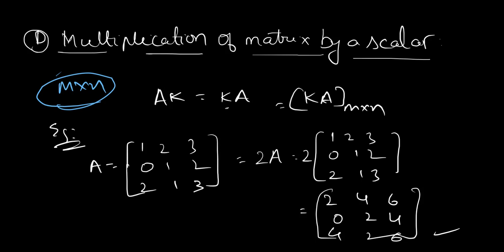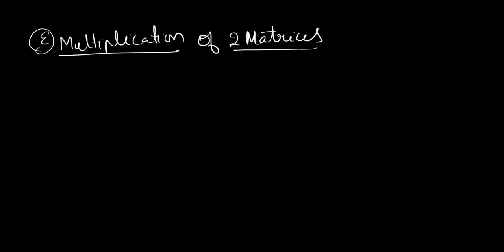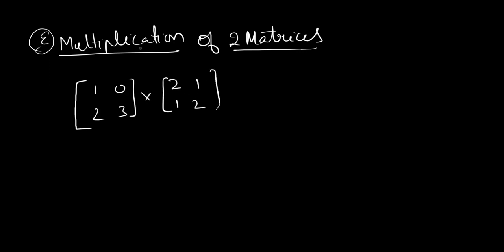Let us see the properties, but before that let us look at multiplication. Multiplication is really important in matrices, so let's take it carefully. If you know it, just skip, but if you don't know, just listen because it's really simple. Let's go with a 2 by 2 matrix. Take 2 0, 1 3 into 2 1, 1 2.